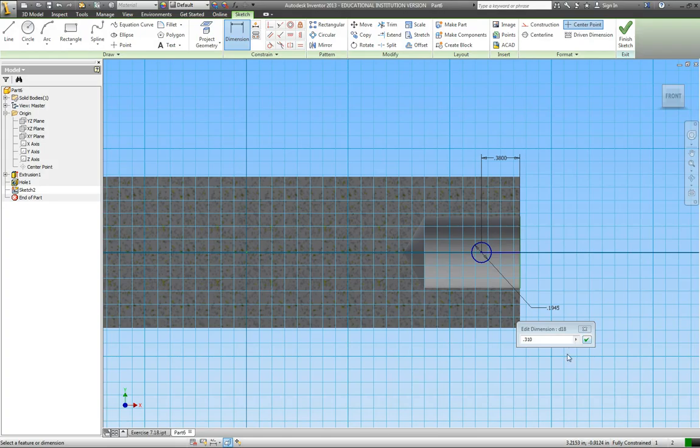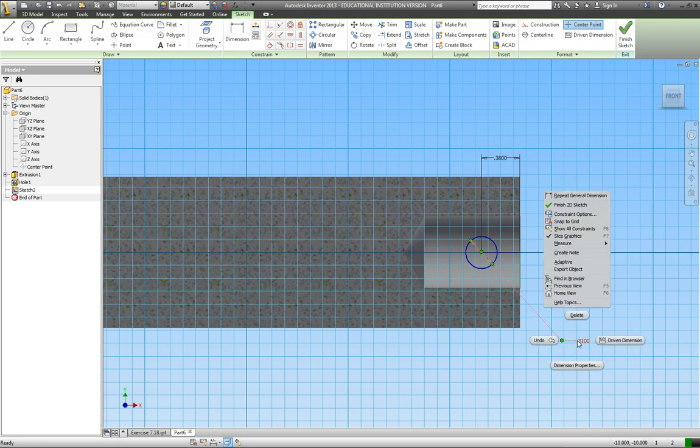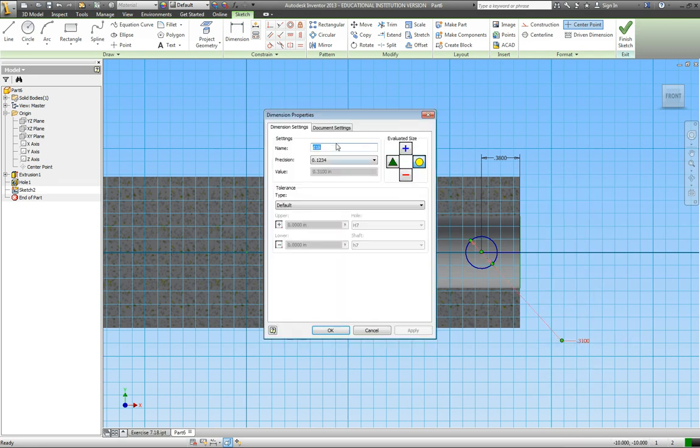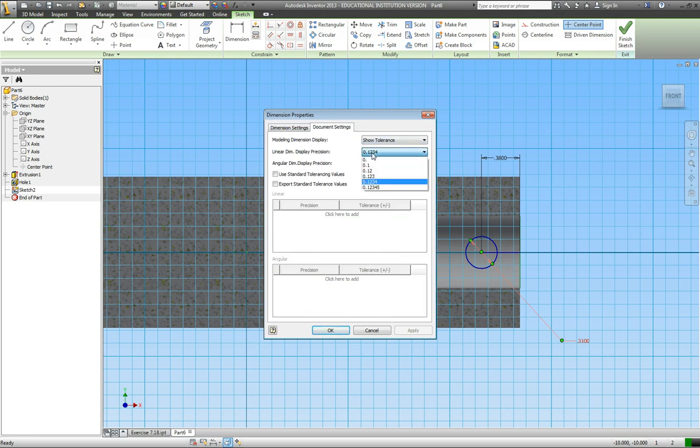Okay, so we have 0.310, 3 decimal places, but what's going to happen when I use the green checkbox, we get 4 decimal places. So again, we need to change the precision of the decimal. So let's press escape a couple times because we're in the dimension command. And then let me right click and go to dimension properties, and let's change this to 3 decimal places under